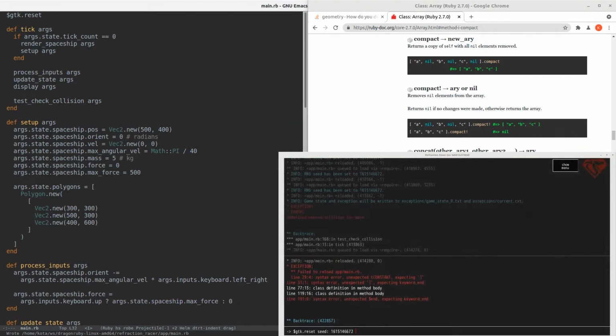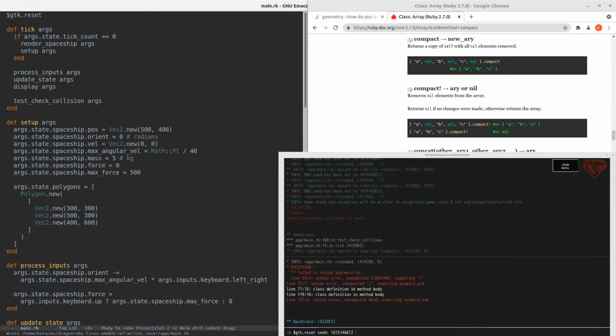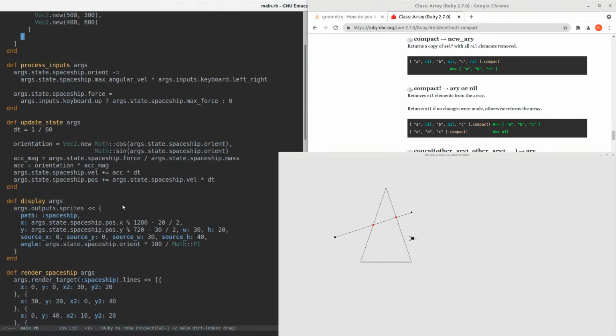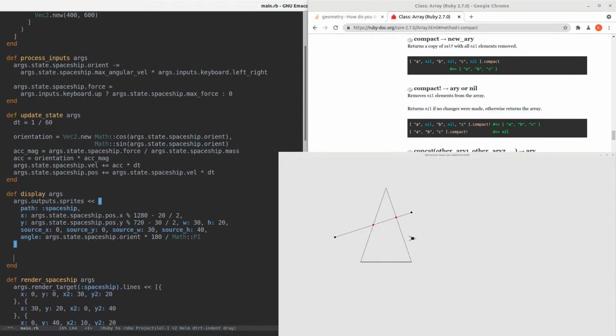Okay, that's fine. Does it not like this? Syntax error. Oh, commas. Commas, the thing I always seem to forget. Okay, and then when we do our display, we'll also do